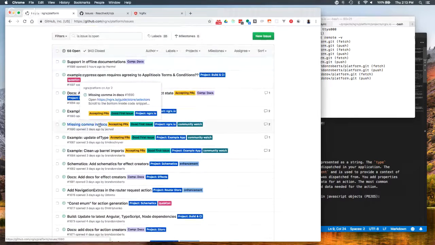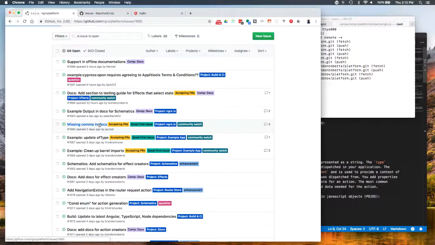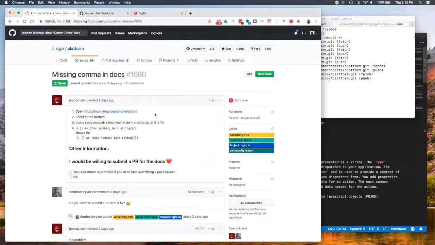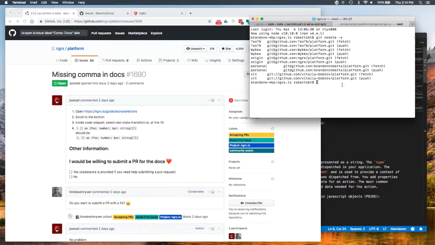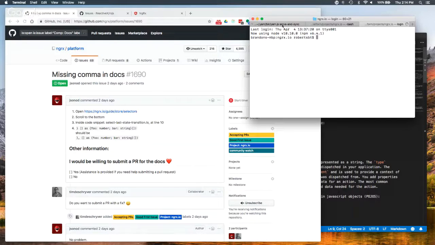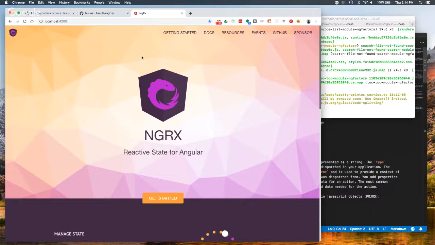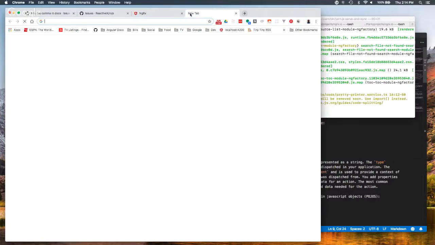So this one, I'll show one that's really easy, because I think you walked through the process of showing the application and showing how you start up the docs app. So I won't go through that part again, because it's the same. I guess the one difference is we do use Yarn for running the actual app. But we do use Yarn serve and sync, just as you mentioned before. So I have the app running here, and then I have localhost 4200 that shows how we would go in and make a change. And I also bring up the